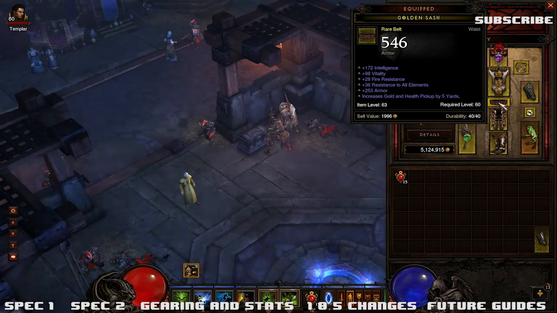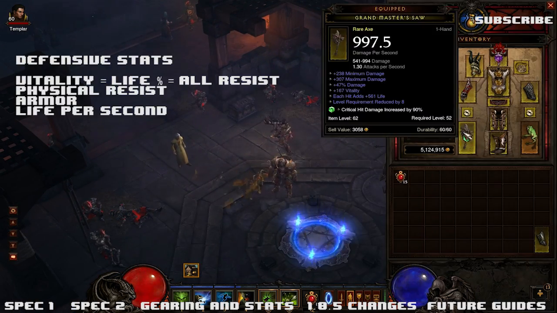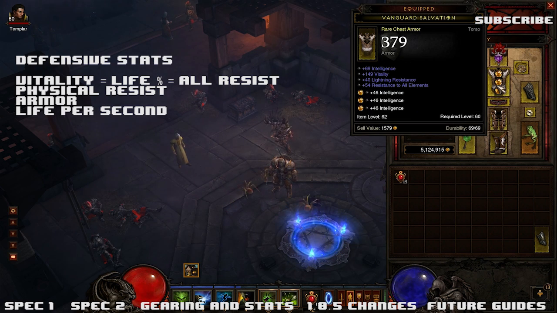Now in terms of defensive stat priority, to be as defensive as you can be, off the top of my head, you're going to want a good vitality life percentage base. So I'm going to put vitality and life percentage towards the top, almost equal with all resist, because you need those stats to work together. You need a good all resist combined with good health for good survivability. So I'm going to say vitality, life percentage, then all resist, but don't ignore all resist, obviously you need it,